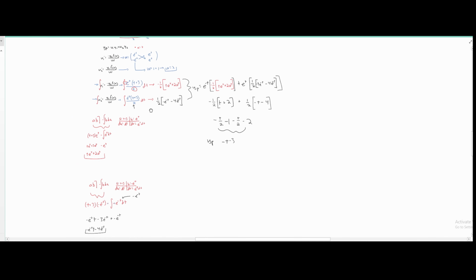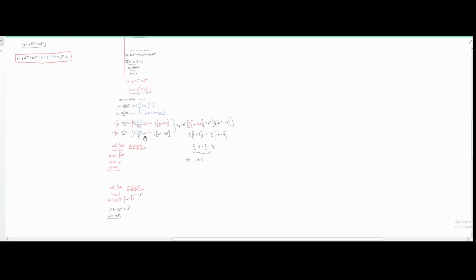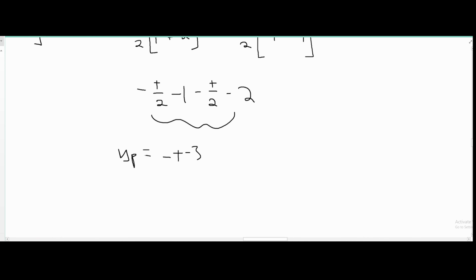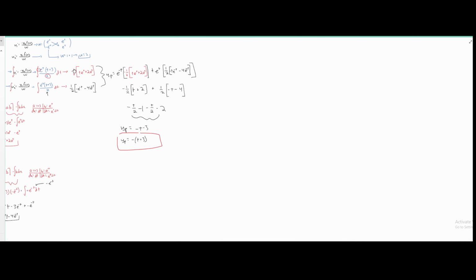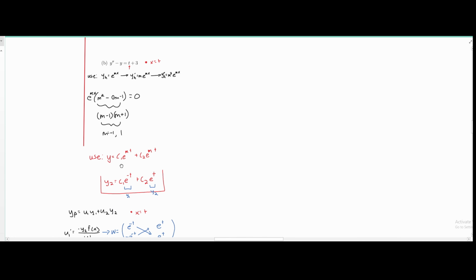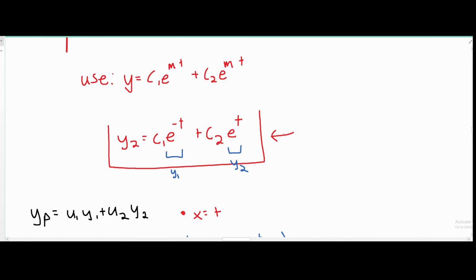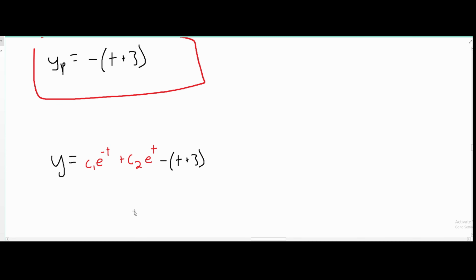All of this work will turn into this for our y particular. We can factor out a negative 1, so we're left with yp is equal to negative t plus 3 to keep it looking nice. And now we need to combine this with our general solution, which is this one. That means our final answer is just going to be this. This is our